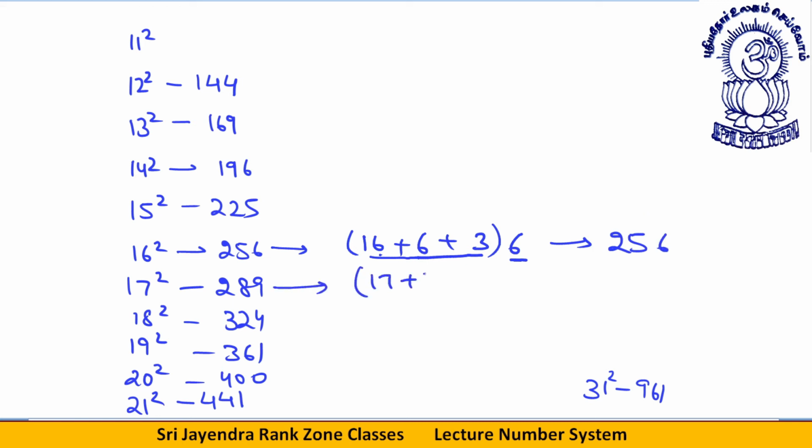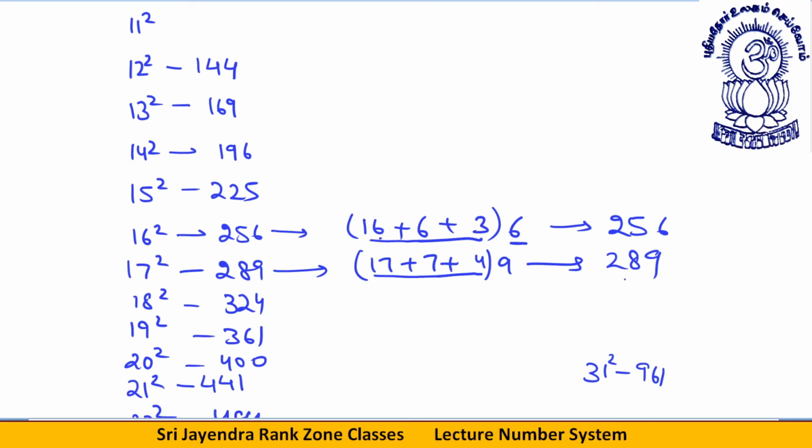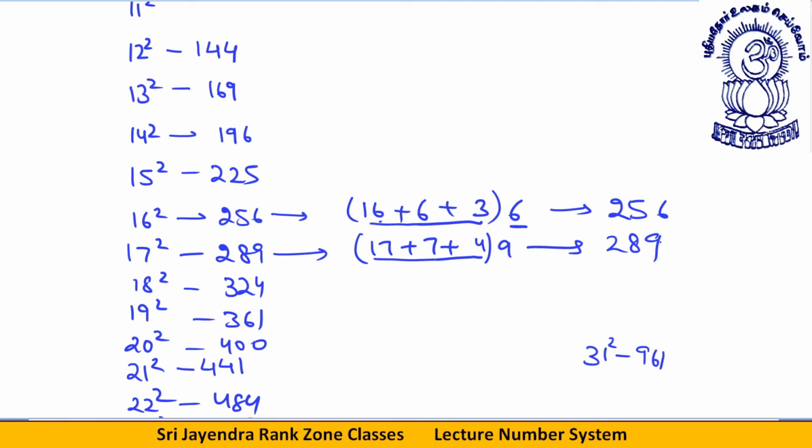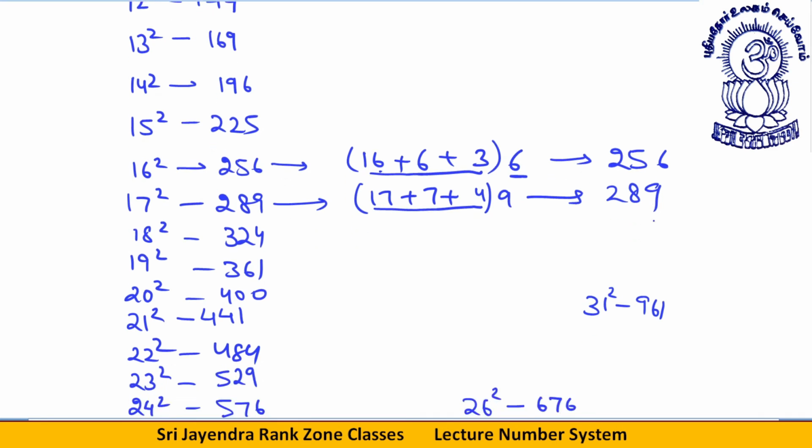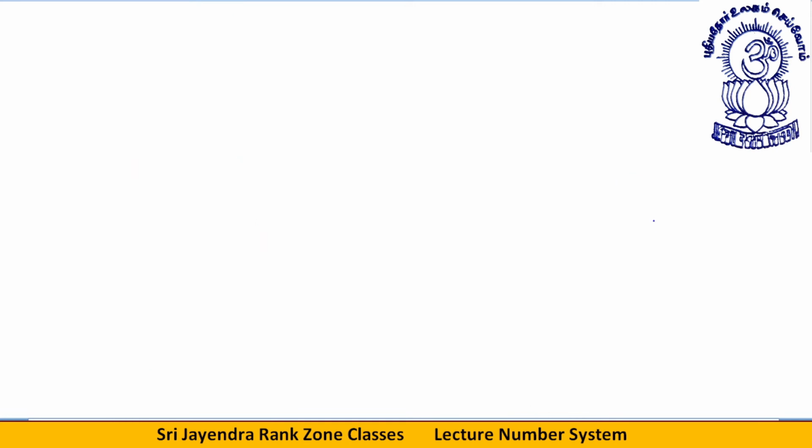Okay. 17 plus 7, square is 49. 17, 7, 24, 24 plus 4, 28. Then you write this 9. This way you can get all the squares. Now, before moving ahead, I want you to memorize these squares. Then only you watch the video ahead. Okay. Now I will be telling you the squares of all the numbers. Let's say 75 to 100, anything like that.